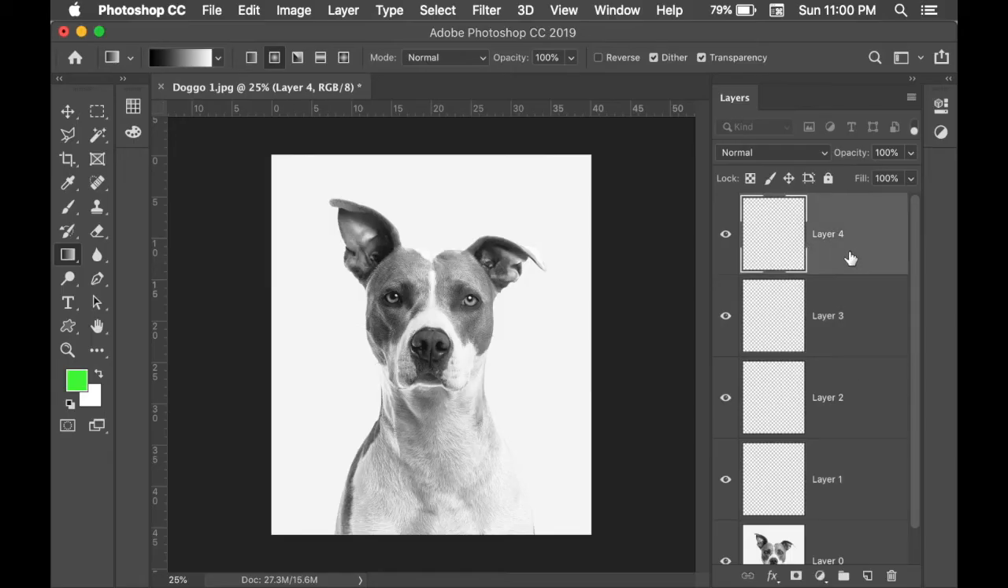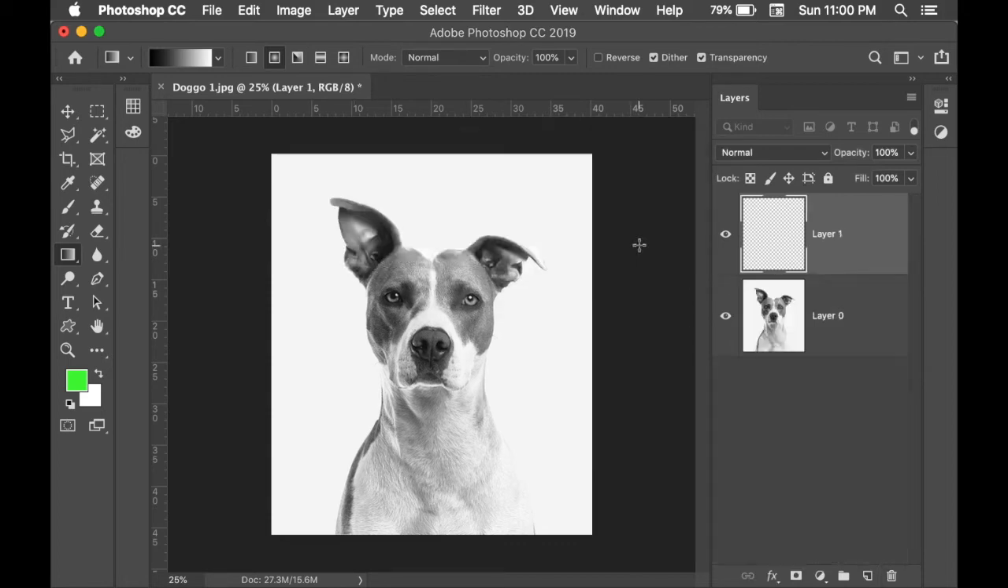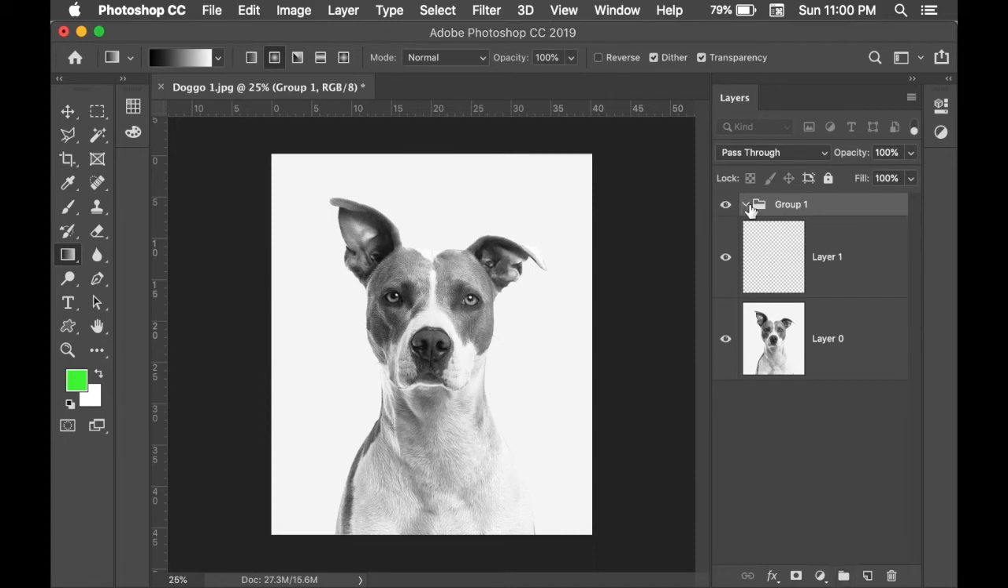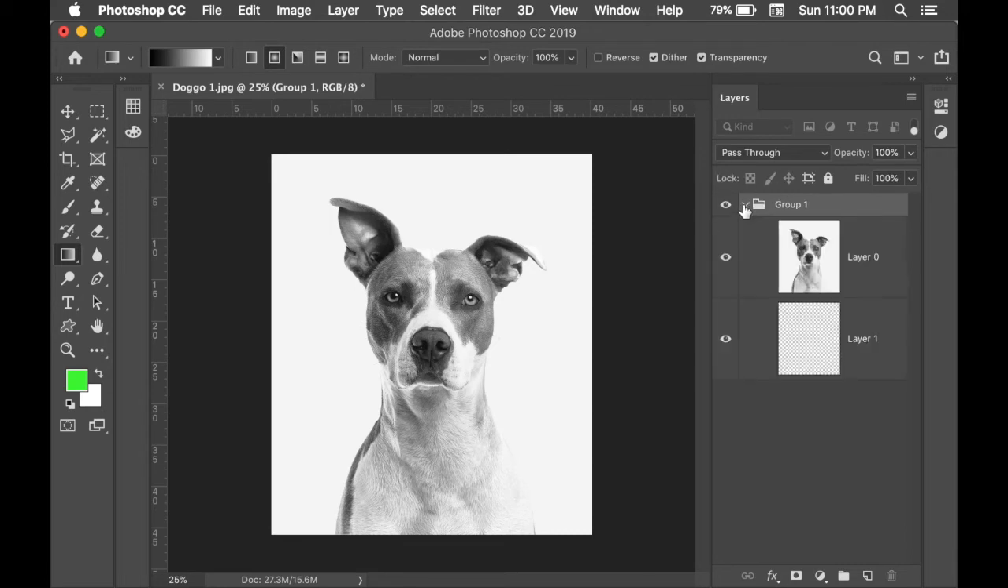I only need 1 layer, so I'm actually going to hold Shift, select all 3, and then the trash can deletes layers. Yes, I'm sure I want to delete it. The folder will make groups in which you can group your layers and put layers inside of groups, and you can name your groups, and you can do different effects to the groups, and you can show the group, and you can do this and that. We're not going to worry about groups today, so